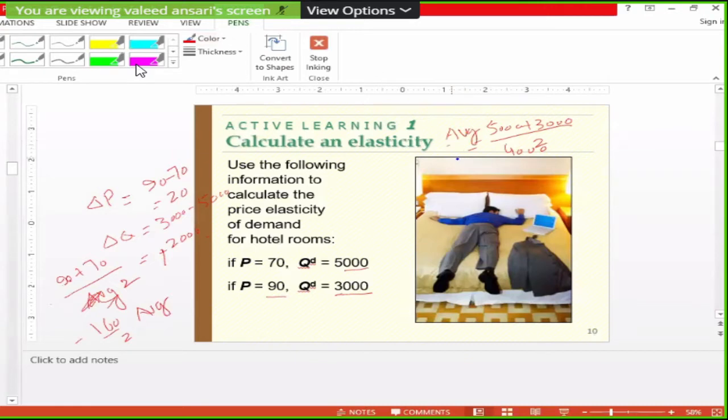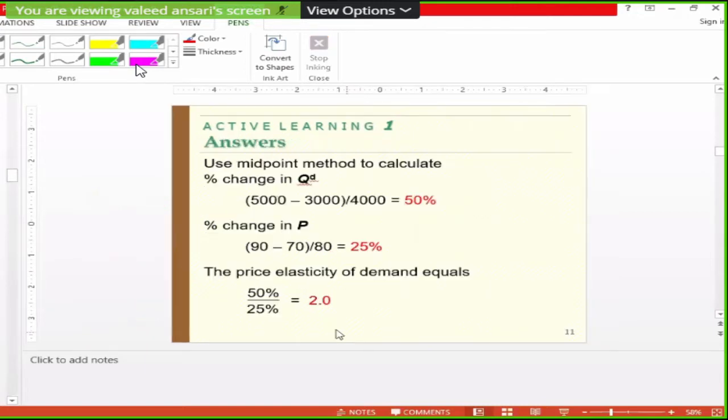And why are we taking the average quantity in the numerator? I have told you. The reason is simply that if you want to calculate the change in elasticity from here to here, it will provide a different coefficient. If you are asked that price has fallen from 90 to 70, you will get a different answer if you use the traditional method. That is why this adjustment is made to take into account the elasticity. You get the same measure of rise and fall. So the same thing has been calculated here in this slide using the midpoint method.